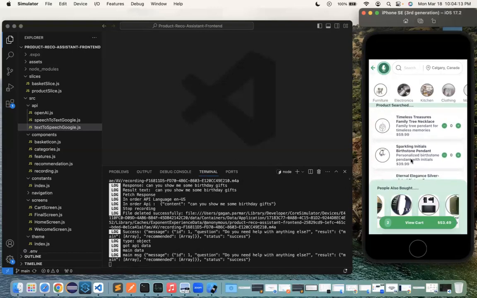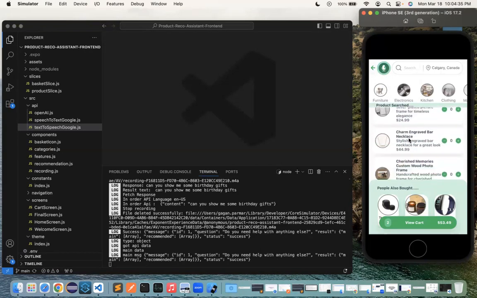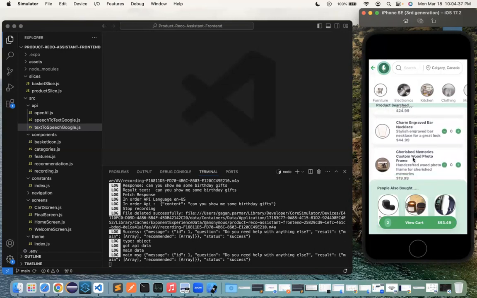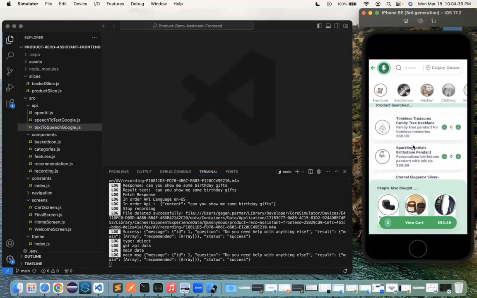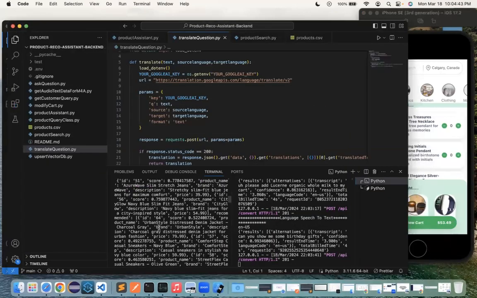Okay, so we can see a lot of things over here. Let's try to add something to the cart and then go from there. It has suggested some gifts that we can give to somebody, and then I just wanted to show you over here